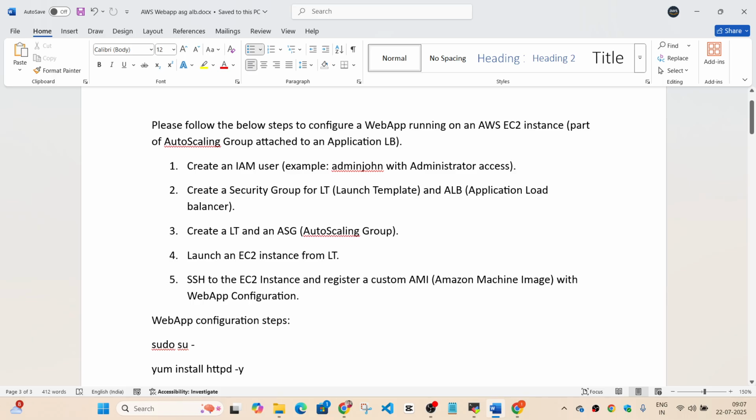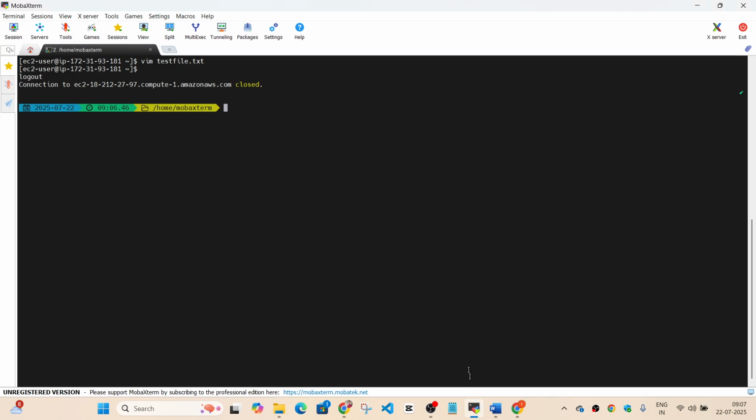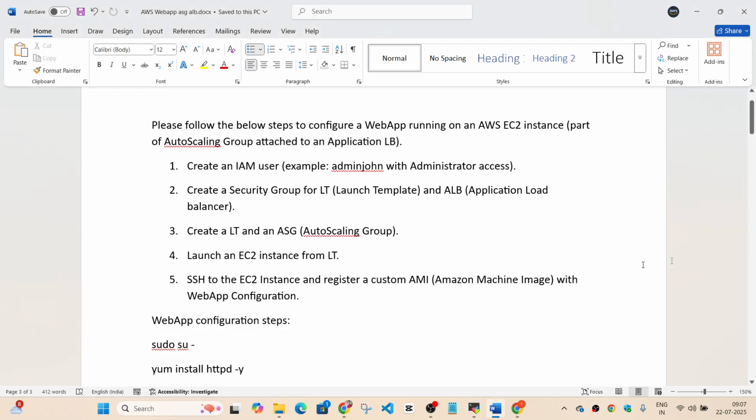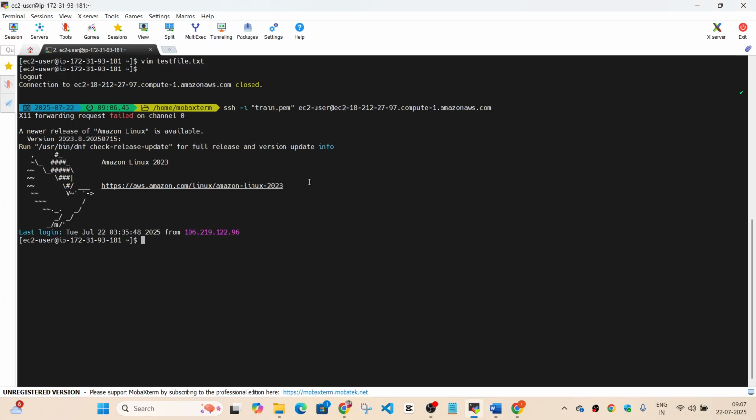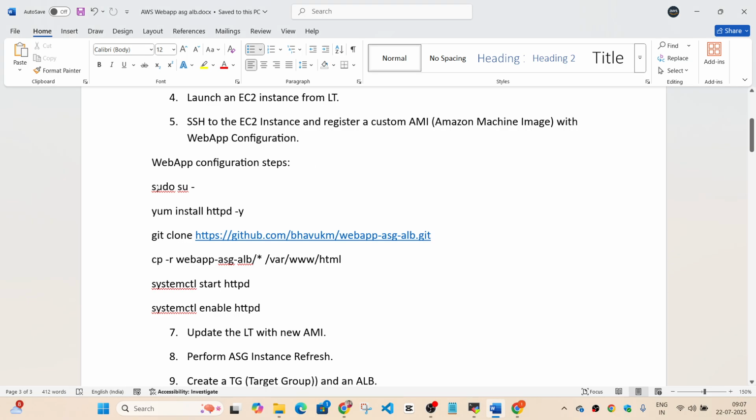I want to install and configure a web server on my EC2 instance. For that I have to log into the instance, so I'll re-login. And then I'm going to perform all these steps one after the other, the steps given to configure and install my Apache web server. I'm using the example of Apache web server. So I'll become root. I'll copy the command. I can copy and paste the command as it is, and it's going to work.